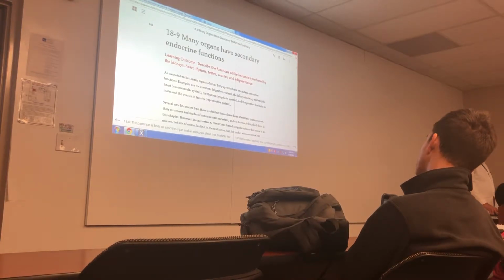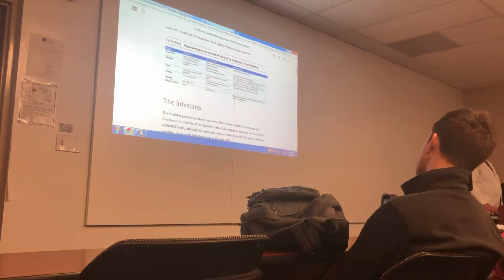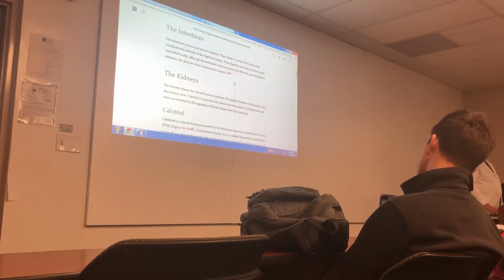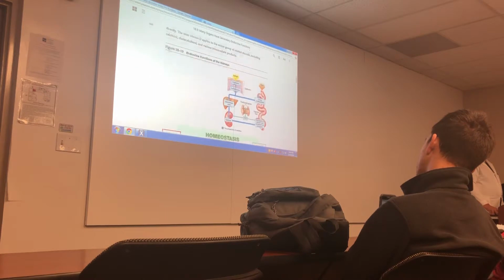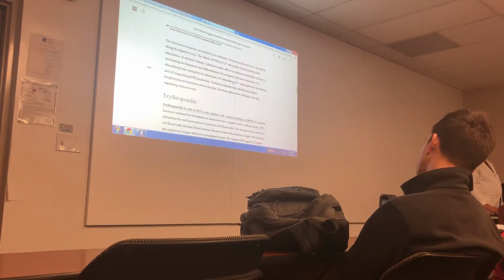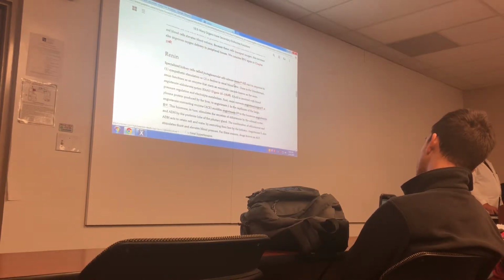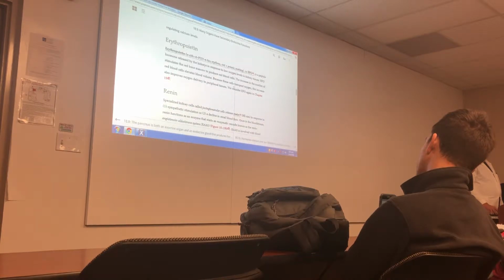And of course, many organs have secondary endocrine functions: intestines, kidneys, heart, thymus, gonads, adipose tissue. So these are some representative hormones produced by organs and other systems. Again, go through this, make sure that you understand different secondary systems for different organs. And then of course this goes through it, calcitriol, erythropoietin, we talked about a little bit, right? EPO,